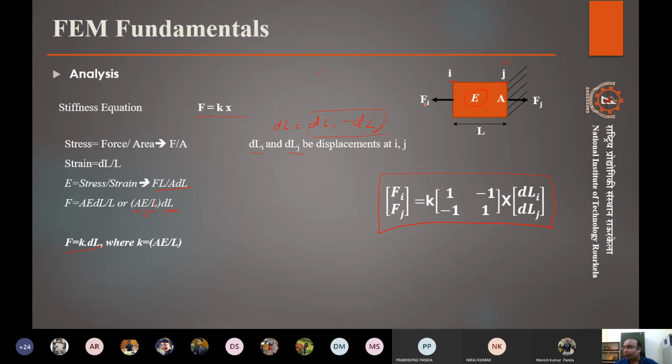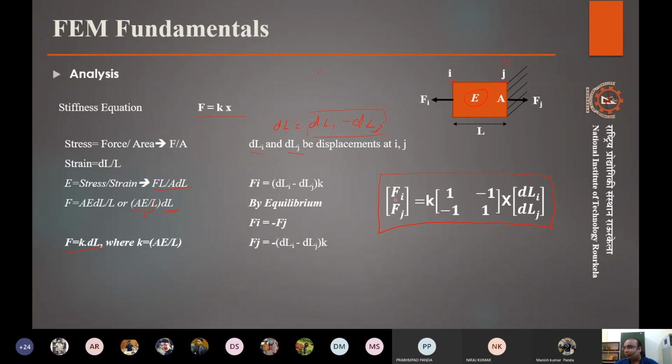And then if we substitute it here, change in length. Due to the force Fi, Fi will be dli minus dlj into k, that is a constant, right? And by the equilibrium condition, Fi will be minus Fj, because if we are assuming that it is at equilibrium, the total sum of force will be 0. So Fi plus Fj is equal to 0. That gives us Fi equals minus Fj. So basically Fj is minus dli minus dlj into k, the same equation with a minus sign.